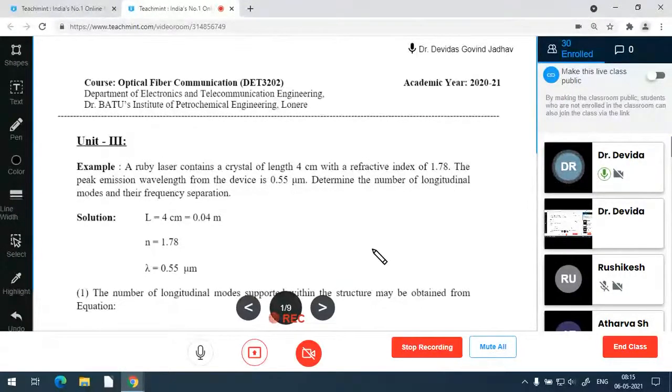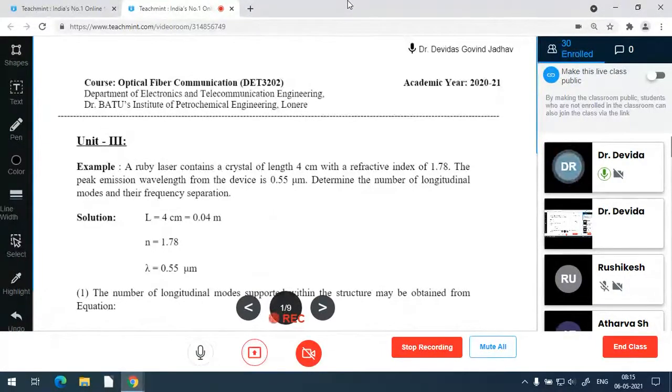Without solving, it becomes difficult to understand and remember how to solve. Whenever you solve yourself, it will become better practice to have the confidence in solving the numericals. Practice as well as the confidence built up is there.